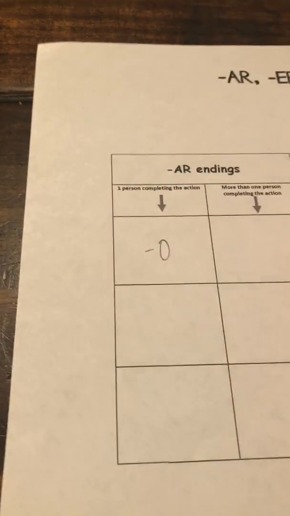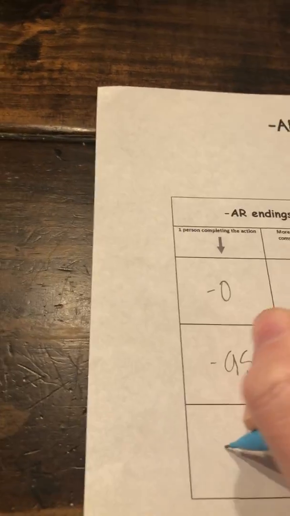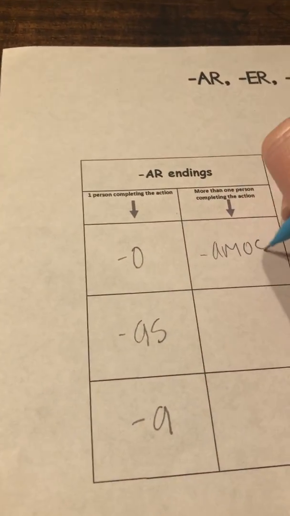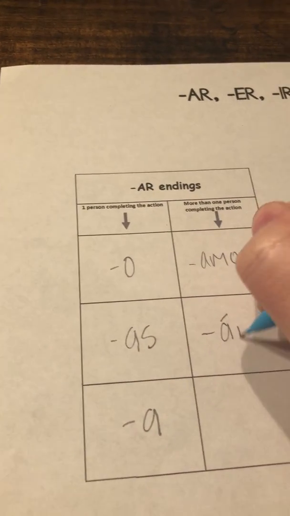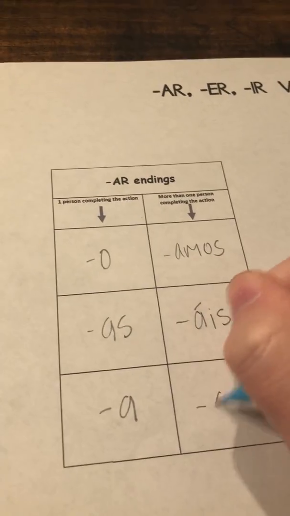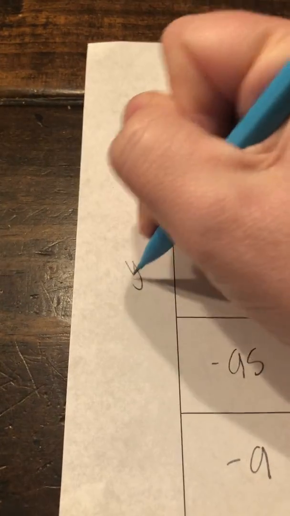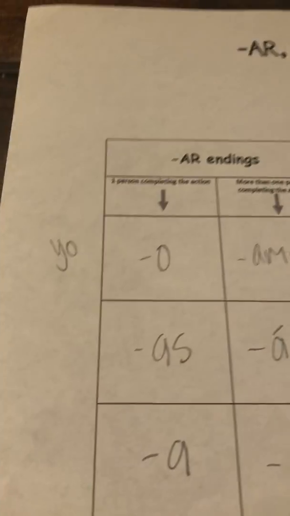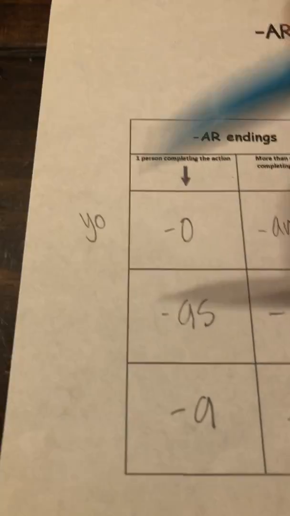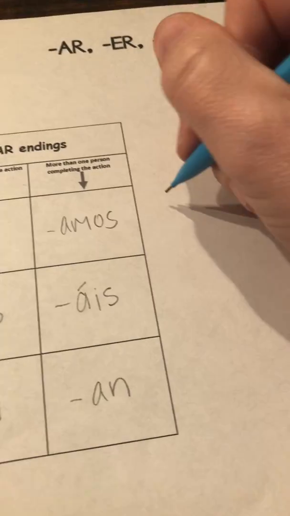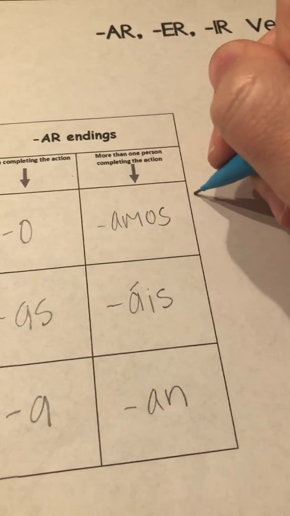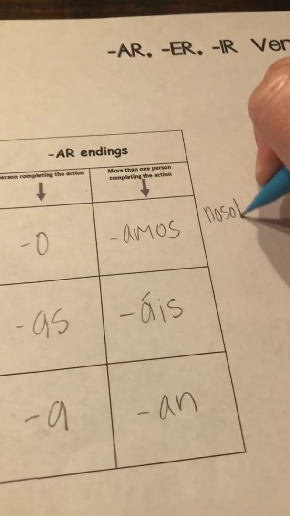So we have o, as, a, amos, áis, with an accent mark on the A, and an. Now, as a review, remember this is the yo box when you're talking about yourself. So yo is I. When you talk about yourself and other people, or we, that is nosotros,